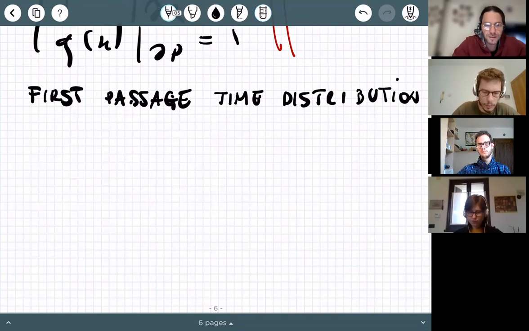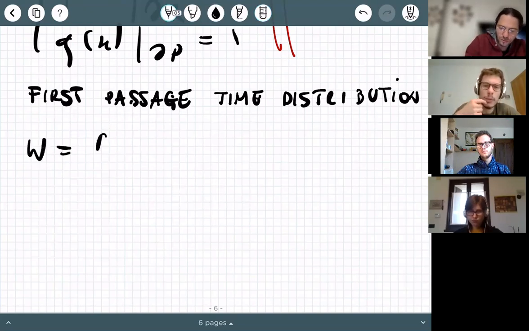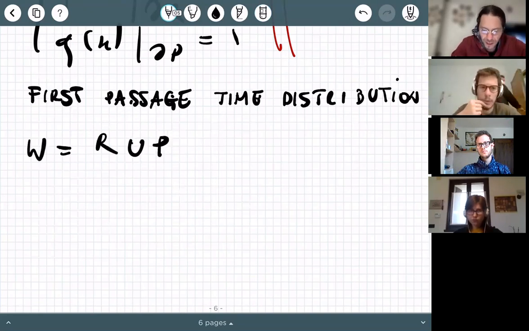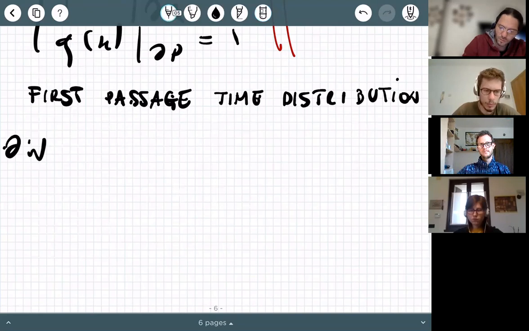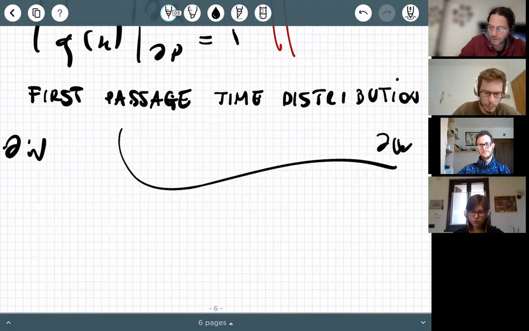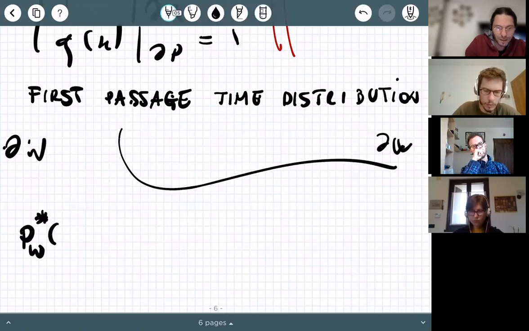So the way you do it, you define W as the union of reactant and product. But let's be more generous. Let's consider a general hypersurface W now in configuration space, whatever it is. I will draw it like this. And then I will define a conditional probability, P_W star. And you will see why star. It's the probability to go from x_i to x_f in time t